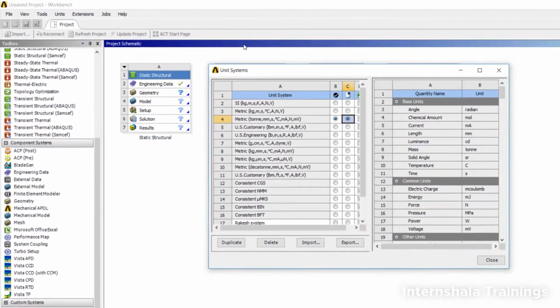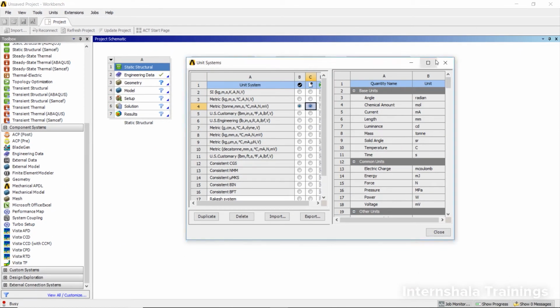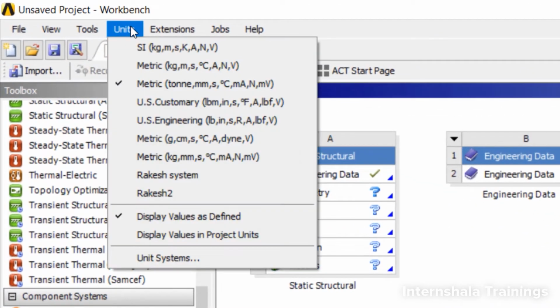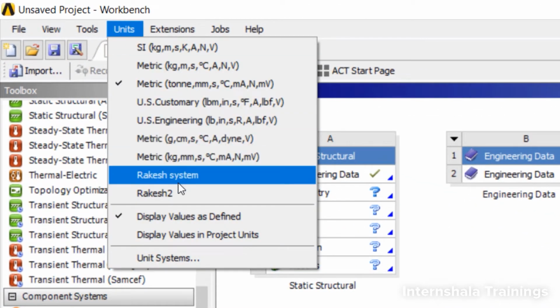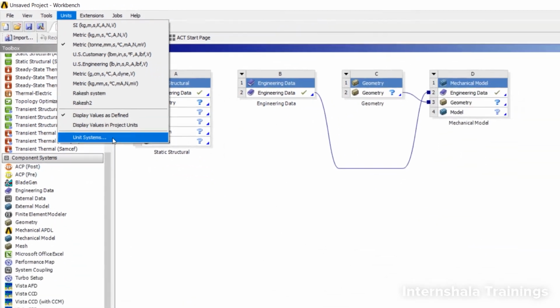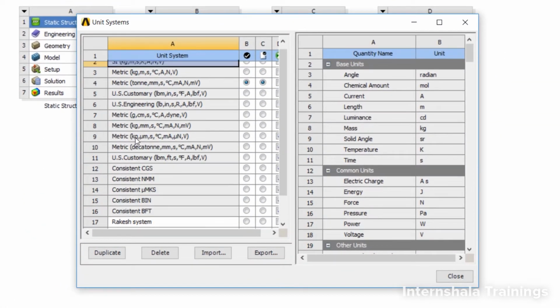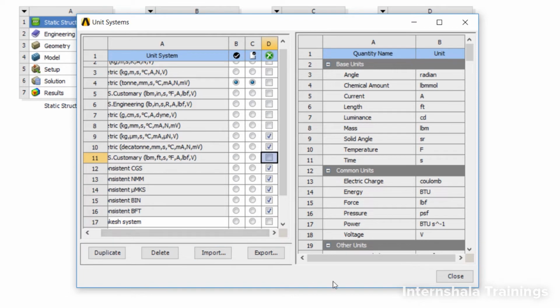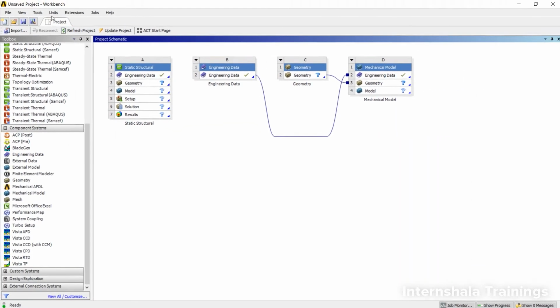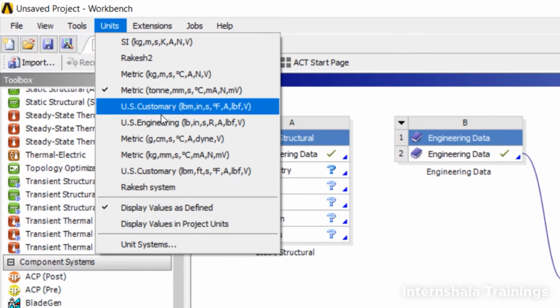Now if I close this and click here in the units, can I see this US customary? So I'm going to go to the unit system once again, and I'm going to unsuppress this US customary system by clicking on this arrow box. Then I'm going to close. See here, now I'm going to see two US customary systems.